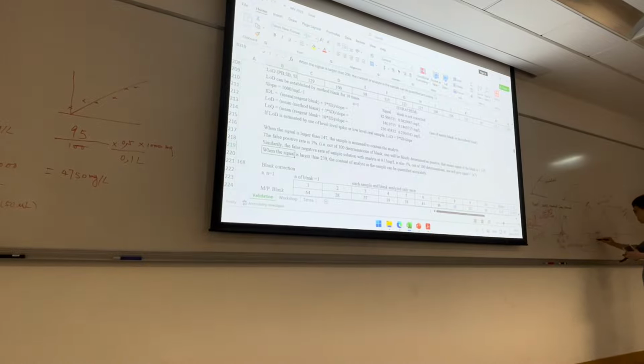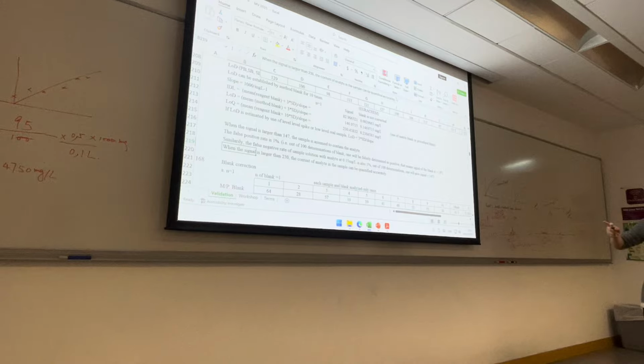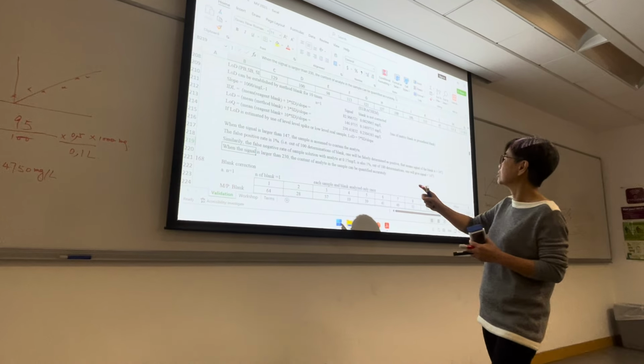And it is easier to understand. This is false positive. This is false negative. Okay? And now also calculate the